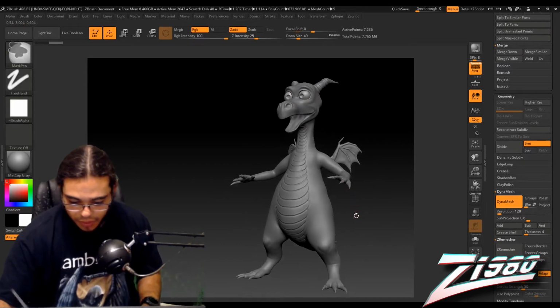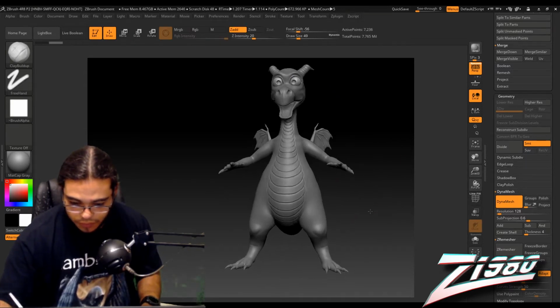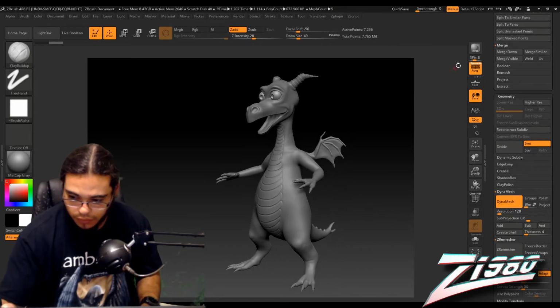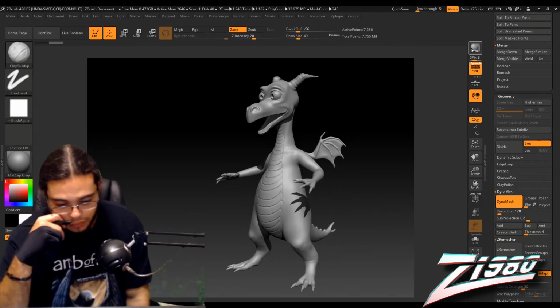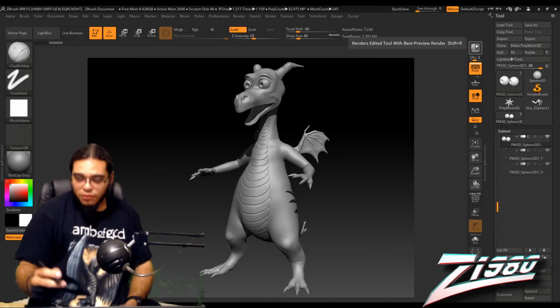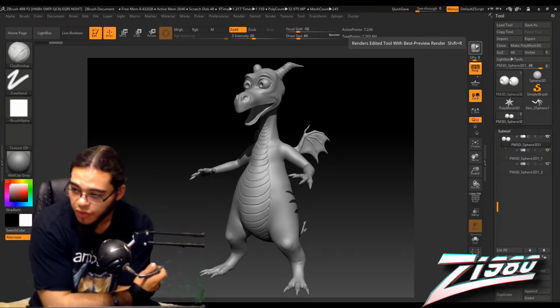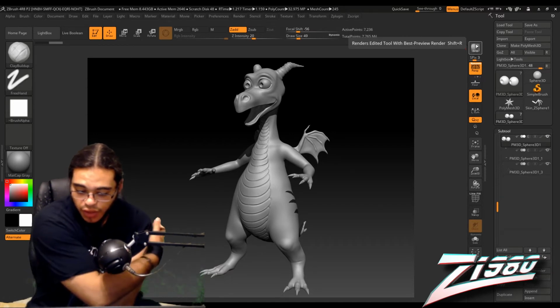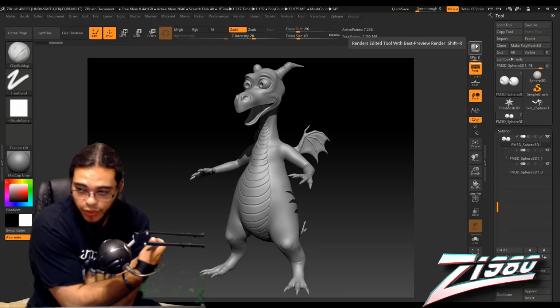That should hopefully make it look a little bit better. Yeah, it makes him look a little better. What I'll say is, it's not bad for roughly a day's work. I mean, I could have gotten a lot farther on this if I hadn't taken such a long break, but